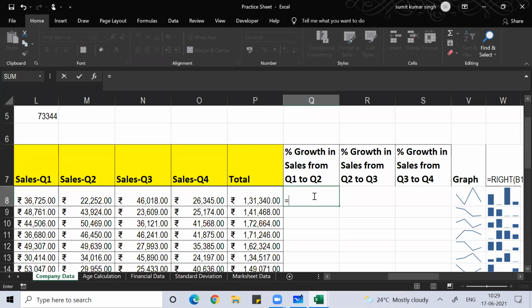Equal to open bracket, quarter two value minus quarter one value. Basic maths, guys. Close bracket, divide by quarter one value. Clear? And you just press enter.